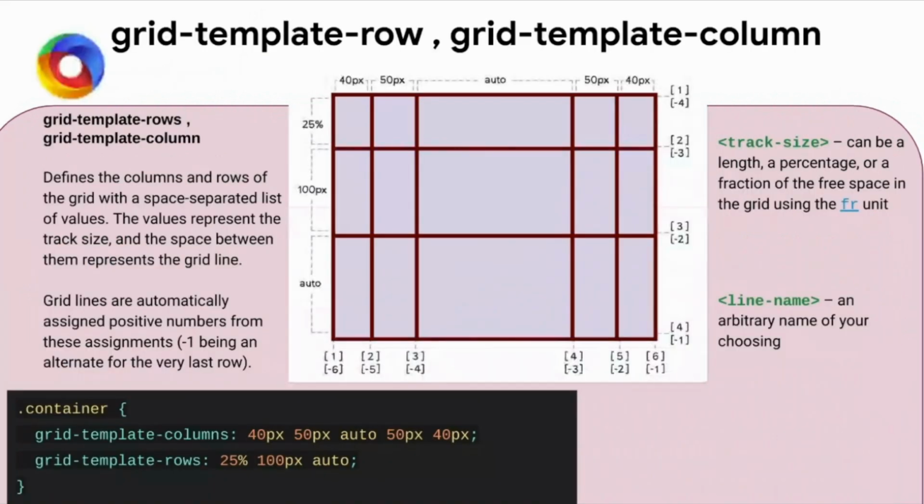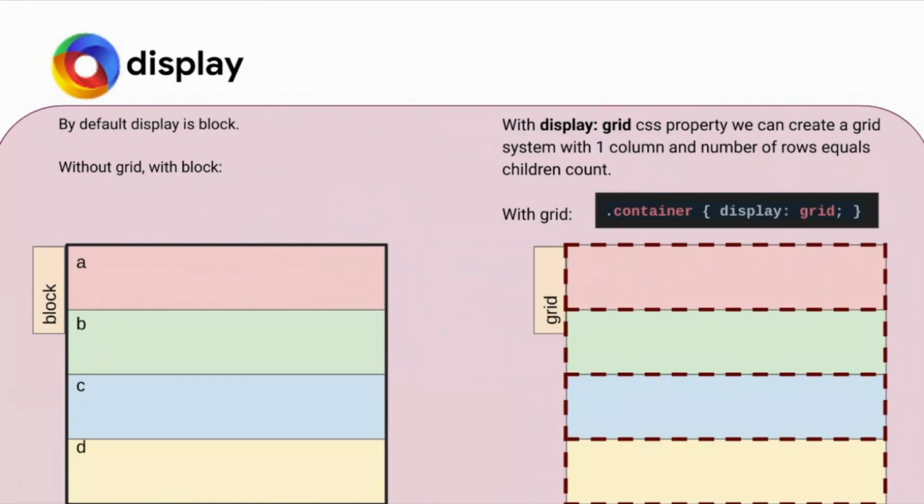Now we are moving ahead to the creation of the grid. So today we are going to see only the grid creation. Tomorrow we can see layout, item placement and other things. In display, if it was flex, items would be arranged in a sequence by default, and by default in grid they would be sequenced from top to bottom, like one column and a number of rows. So if there is display block and you just suddenly put grid, you may not notice a difference in the look. But if you inspect the element, you can see that the grid has been created.